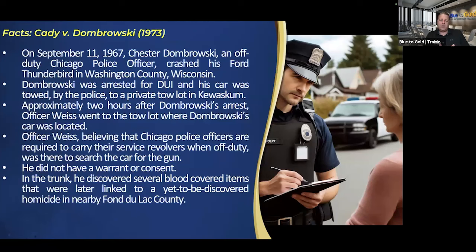A few days later, a homicide is discovered on a farm, which actually belonged to Dombrowski's brother. They found a body that was linked to the blood and other items found inside Dombrowski's car. So obviously, Dombrowski is ultimately arrested and charged with murder,